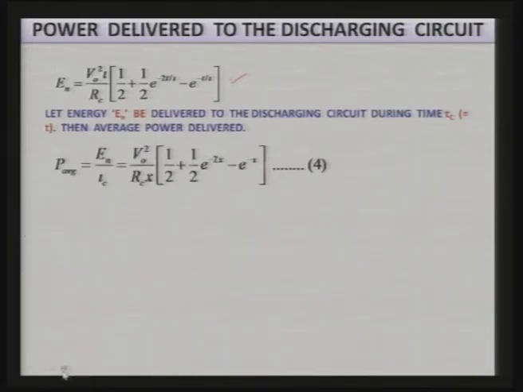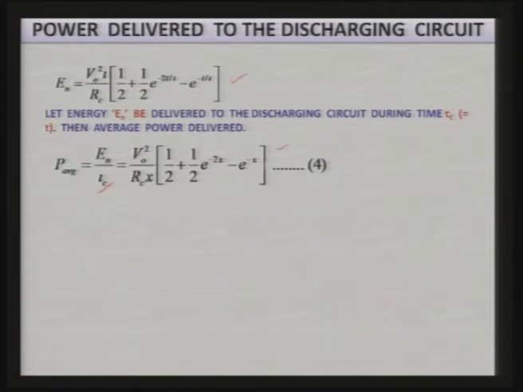Now, let energy E n be delivered to the discharging circuit. This discharging circuit is the one where tool and workpiece are connected, they are in the machining zone. Now, during that time let tau c be equal to T, then average power delivered will be given like this, that is P average is equal to E n over tau c, we are dividing it by tau c, that is the time, that will give you the power,